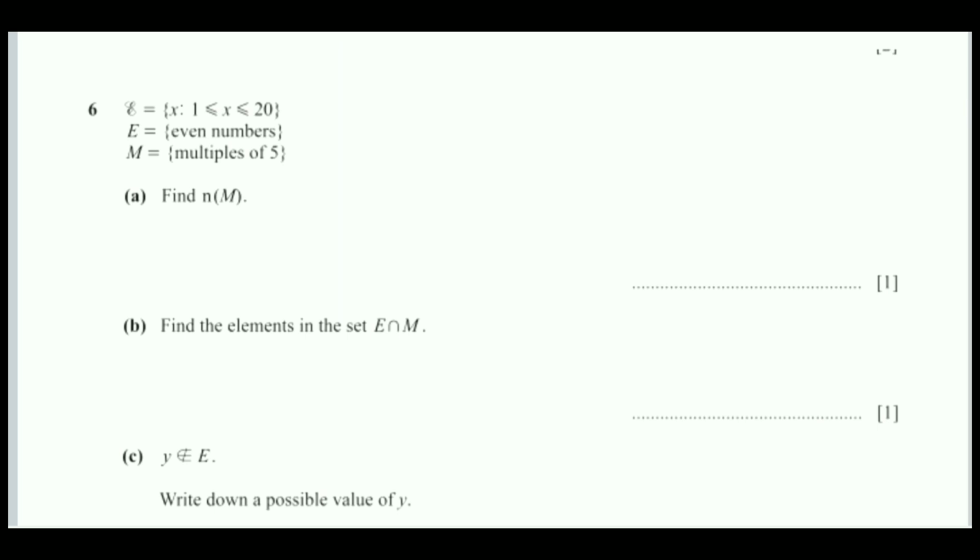First of all, you have to write the universal set in numbers. So that will be equal to 1 to 20: 1, 2, 3, up to 20. E means even numbers. The E set includes even numbers. As you know, the whole question will depend on that universal set. So the universal set is the whole universe of this question. So for the E set, you have to take the even numbers from the universal set, which are 2, 4, 6 till 20.